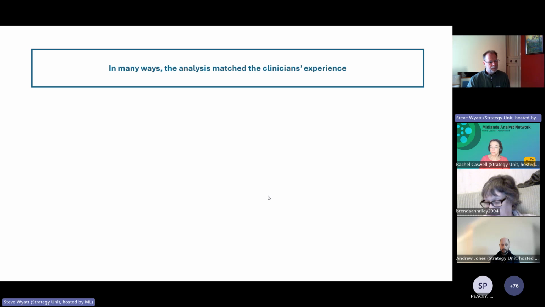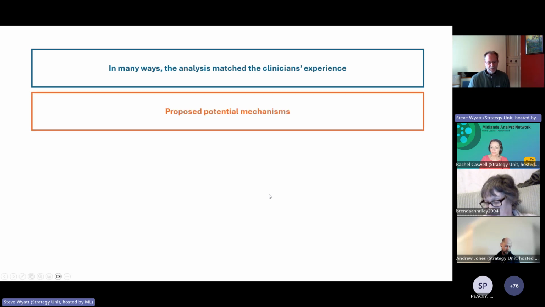But they also told us a bit about what they thought some of the mechanisms were at play here. They talked quite a lot about patients being admitted where the main objective was to give them a place of safety, not to diagnose or treat a medical condition. And they felt that was a growing issue that was occurring in hospitals. So even at the point when the patient was admitted, there was a view that there was nothing medically wrong with the patient that needed treatment, but the person needed somewhere to be safe for a while, whilst